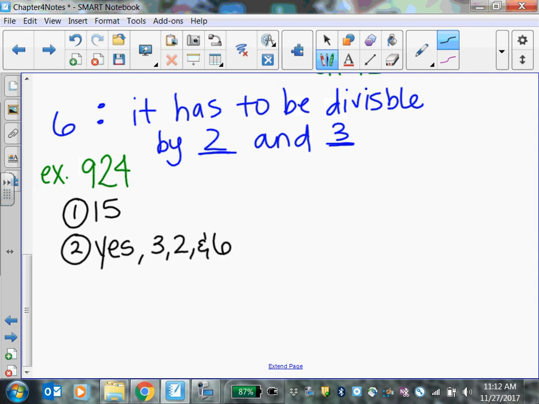Also, what else is it divisible by? The last 2 digits are divisible by 4. So it's also divisible by 4. Pretty simple. We didn't even have to do any division to get there, which is awesome. Everybody go with 6? Do you guys want to try one more? Yes. Okay, let's try